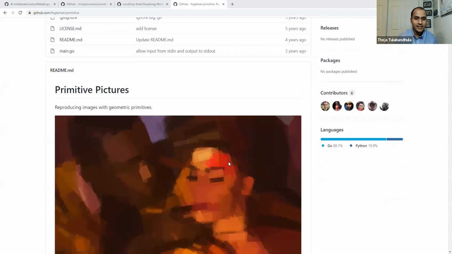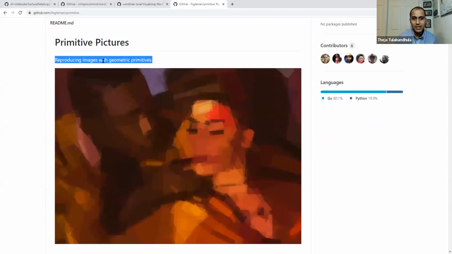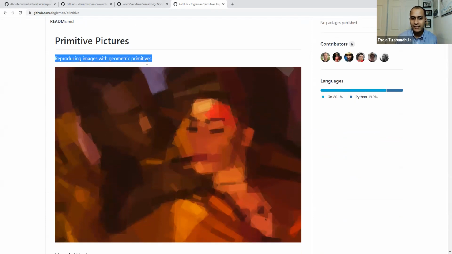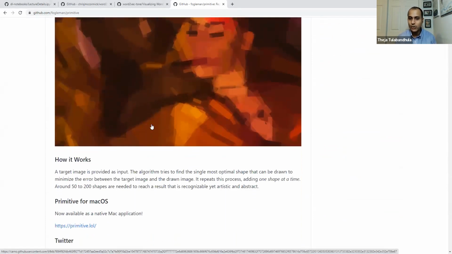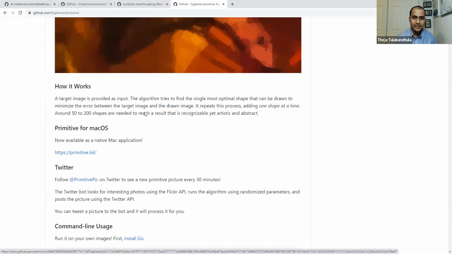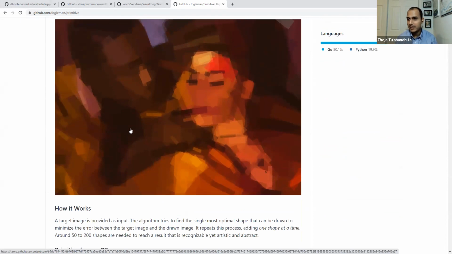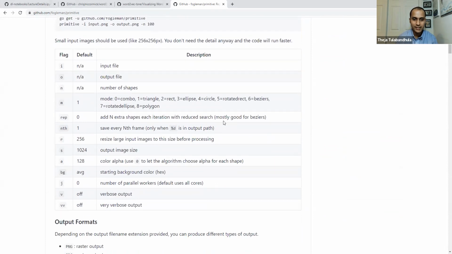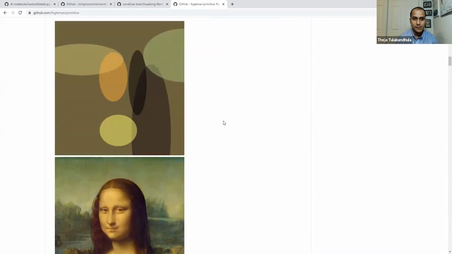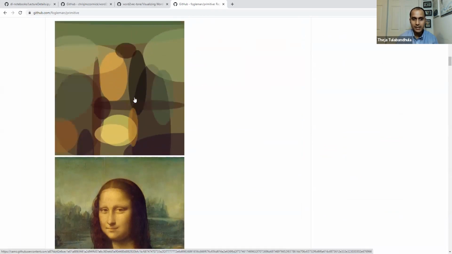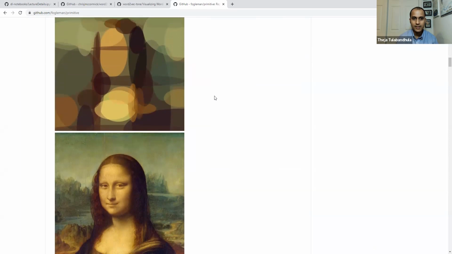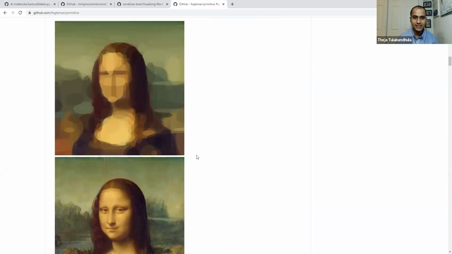So here, this is about reproducing images with geometric primitives. This is a nice example code base that you can look at. Basically, given an input real image, it tries to approximate the aspects of the image using geometric objects. You can see that going in here. For example, to get this image, it's using ellipses of different shapes to get this person's pattern.